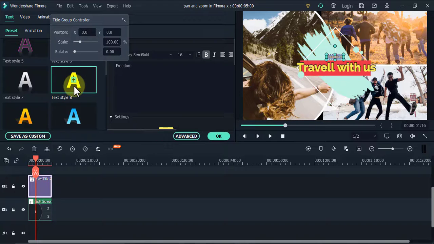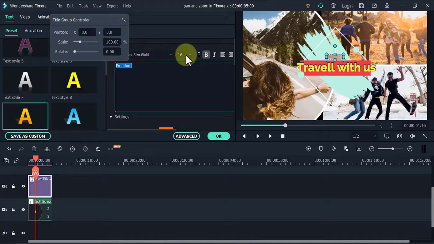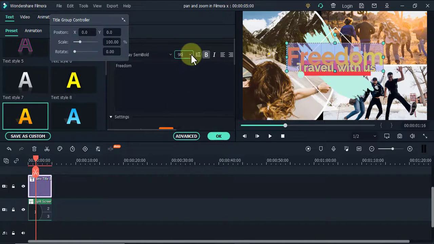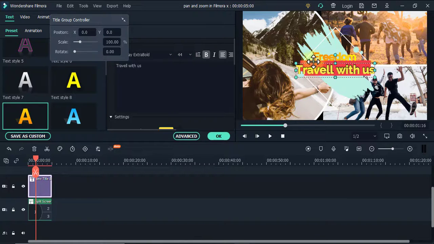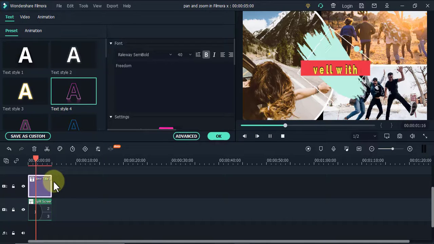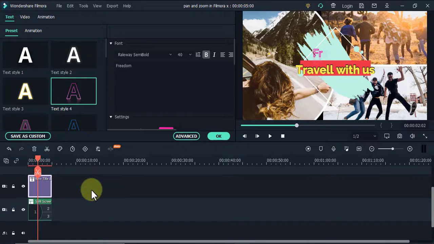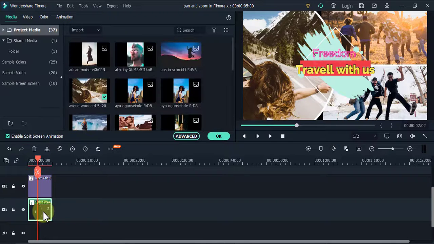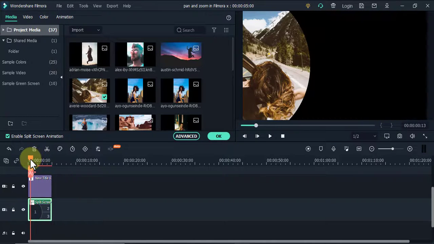Maybe also change this one into yellow so that it becomes visible, and maybe increase the size to 90. 90 is so big, maybe increase to 40. Yeah, so I'll also pull it up here a little bit so that maybe the color is, so maybe I use this, yeah, freedom. So if I play like that, then after that, the next thing I'm going to do,